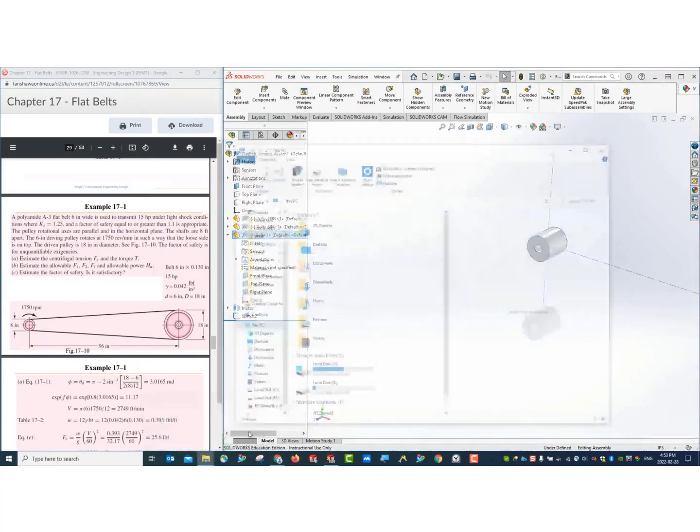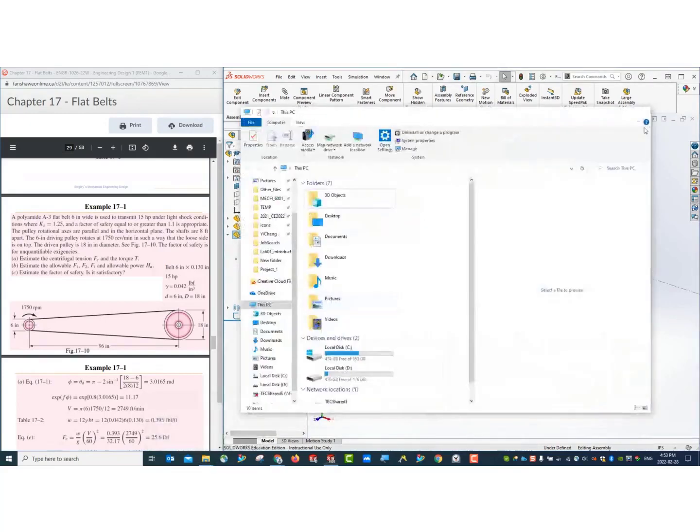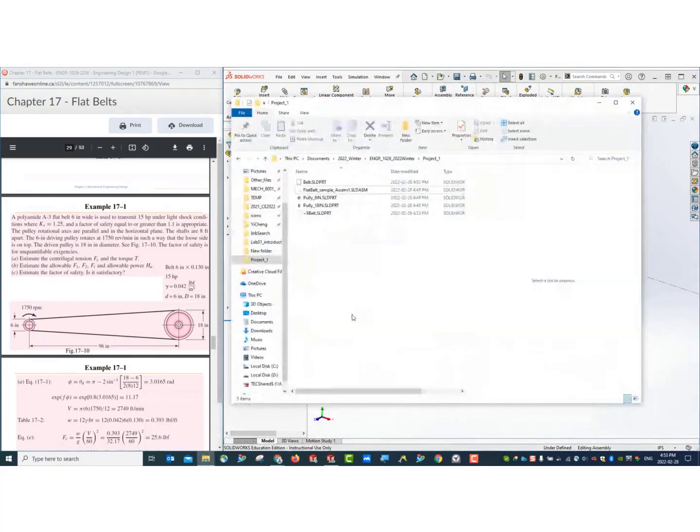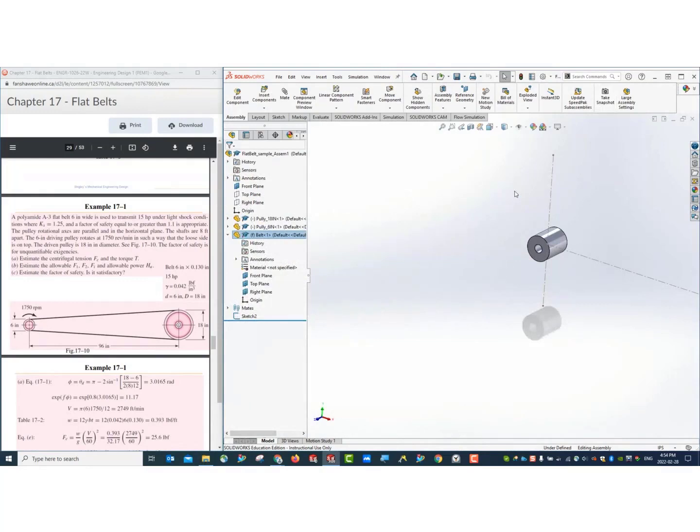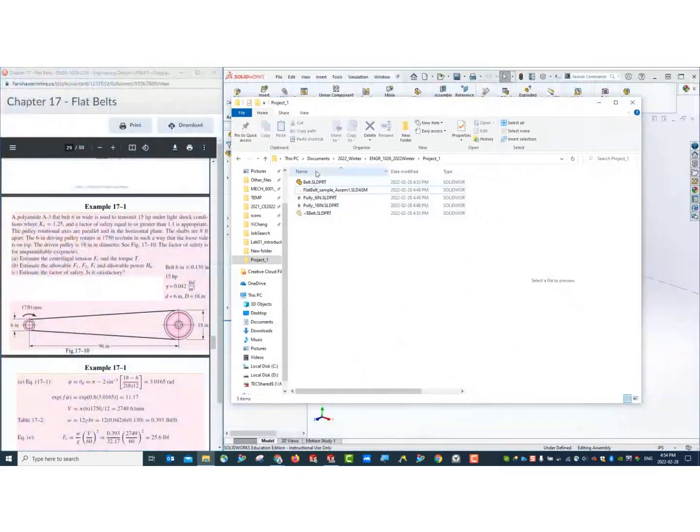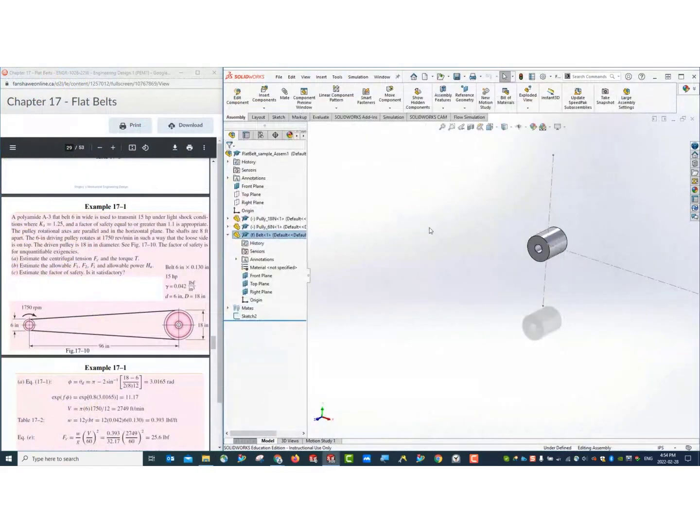Now if you go to this folder, then you can see the belt is being saved here. Okay, all right. If you close SolidWorks, you will still be able to open it from the folder. You still have this on your disk. All right, once you have this,